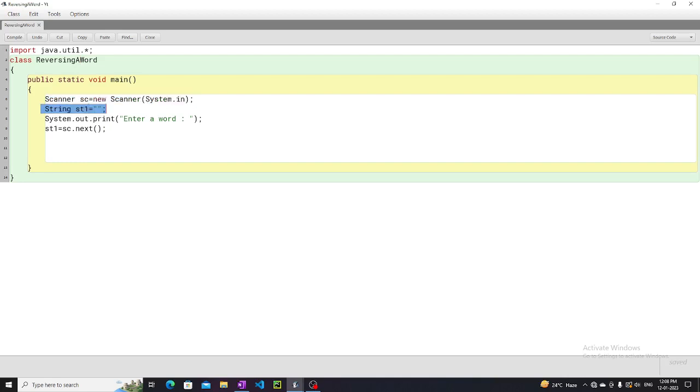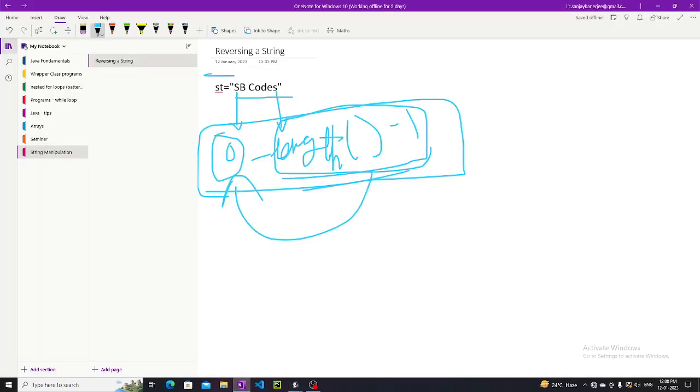Then a string variable st1 in which we are going to store the word. Here it is a sentence, but as I told you that two programs we are going to do, I will take just one word. Or we can take a whole sentence also, but the next program which we are going to do